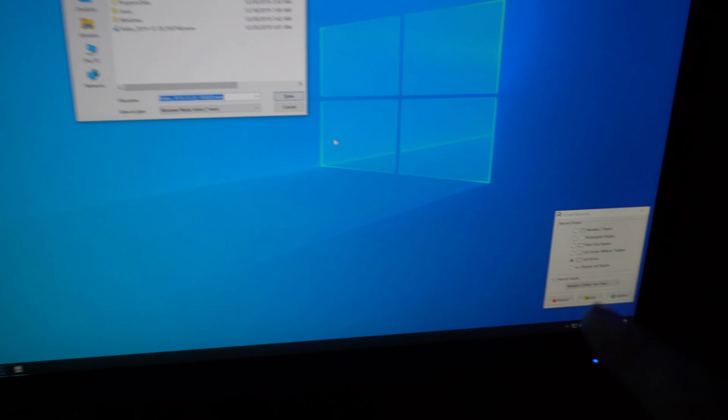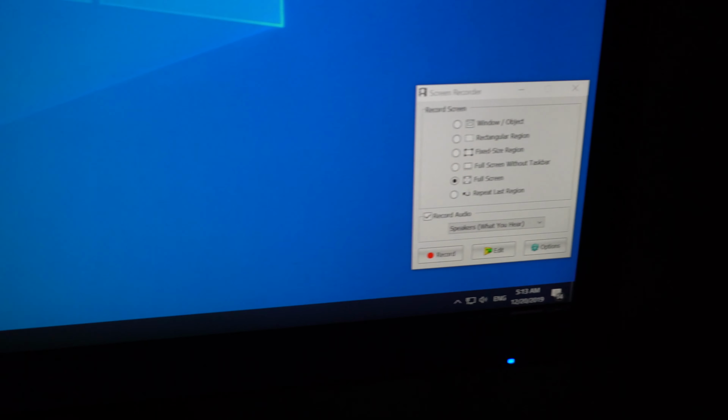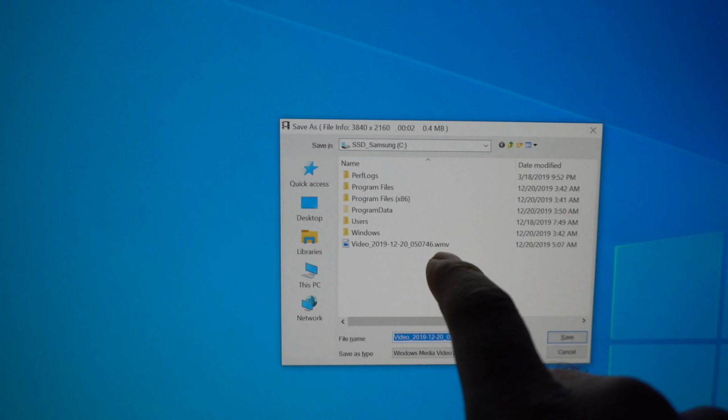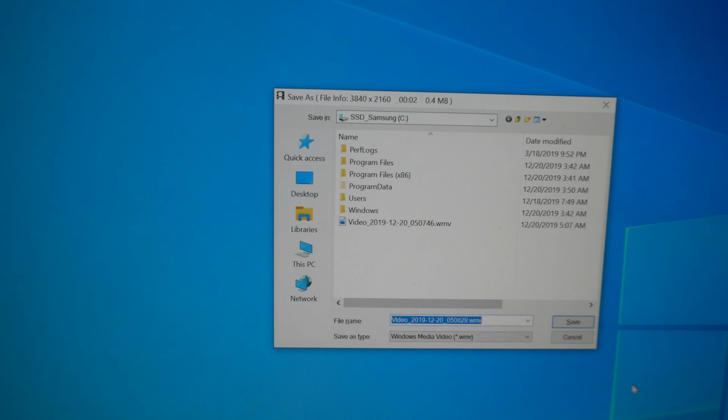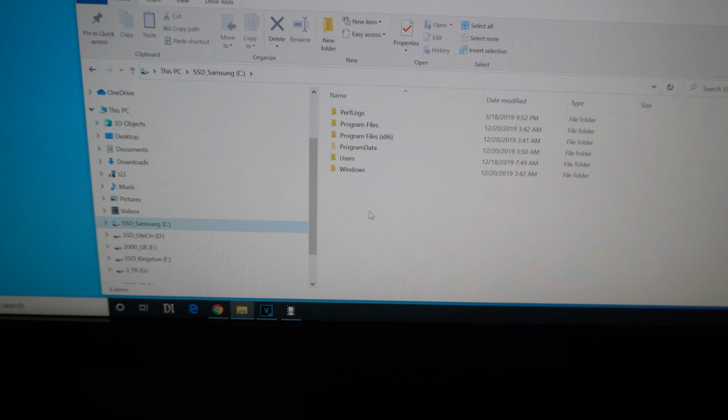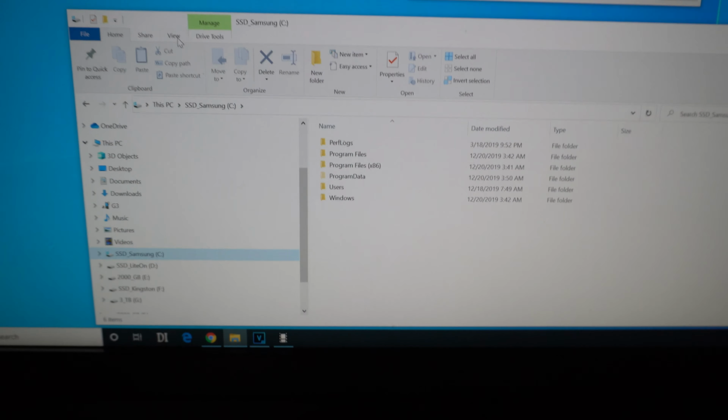Here's a problem related to FSCapture, that is, FastStone Capture. I captured a video from my desktop and it gave me that file, but when I go to the C drive I cannot find that file. So I open a File Explorer window, go to C drive, and there is no such file there,